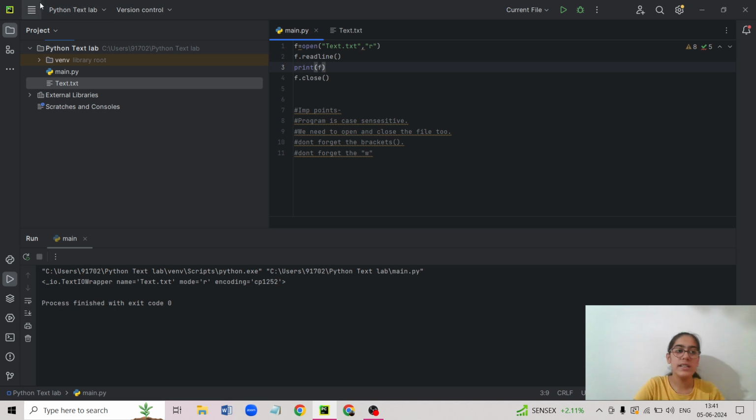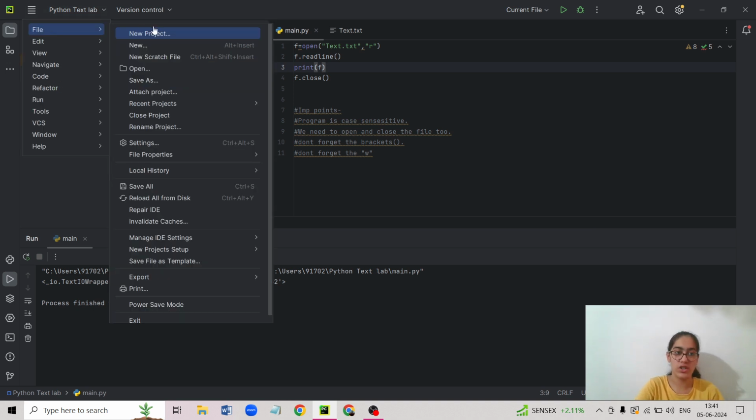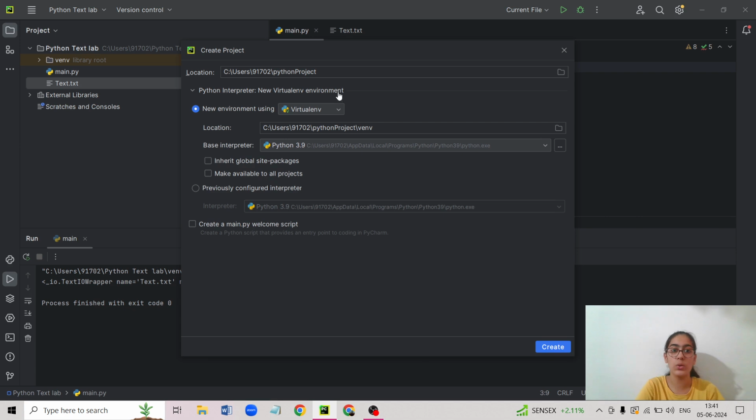Now let me take you back to the new project in which I'm going to show you how to create more than 2 text files. So I'll name this project, where did that go? I'm going to copy this over here and then write 2 files.